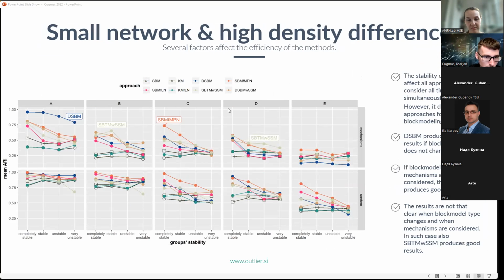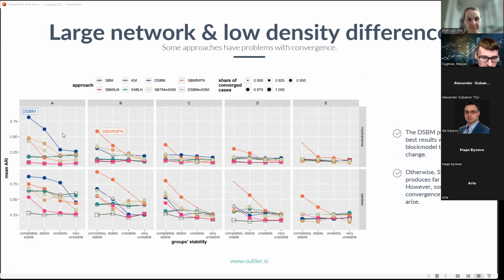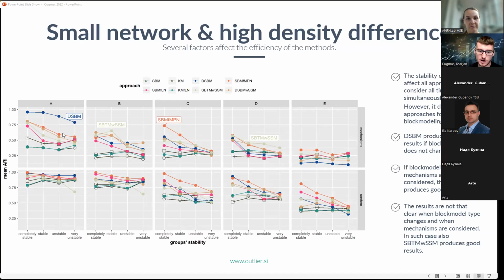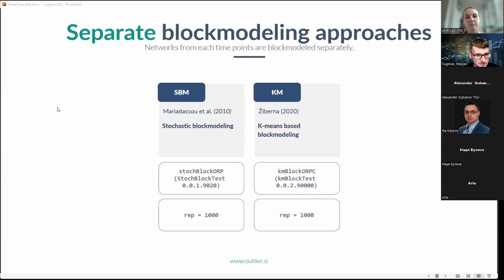This is why we have the very large values in this A panel, but in fact it is not that strict. If I'm more precise, this only means that the blocks on the diagonal are the same in time. So the block model in fact can change in time, but the diagonal blocks must remain the same, which means that the within group densities shouldn't change in time. If they don't change in time, then the assumption is met, and this dynamic stochastic block modeling approach is the best. I was talking about when block model type doesn't change here, because this is the only case in which